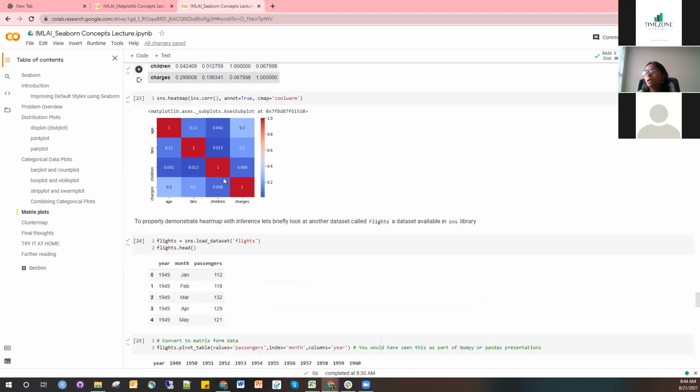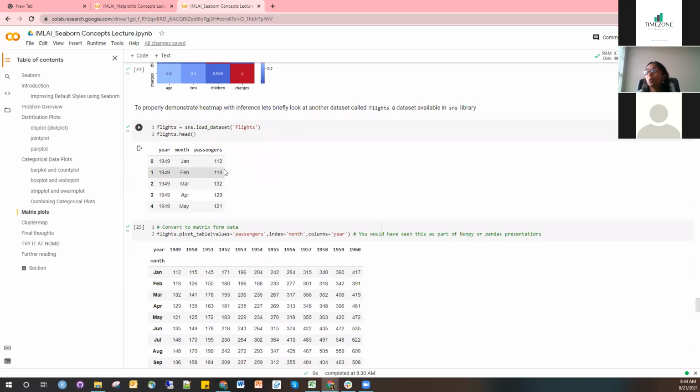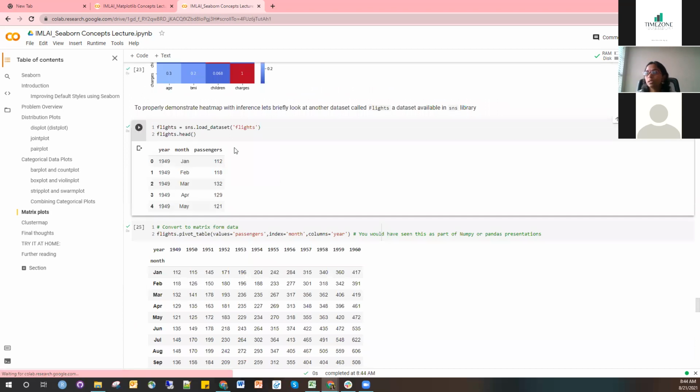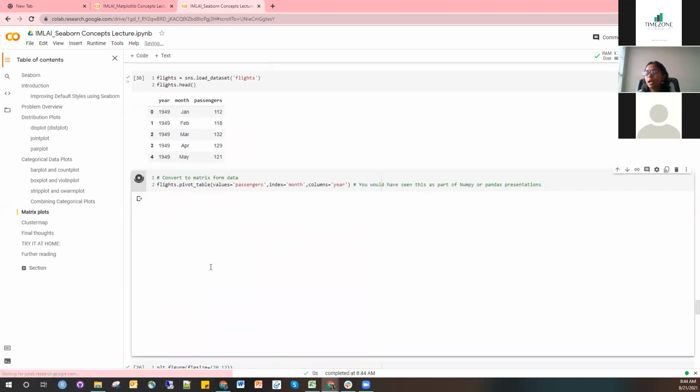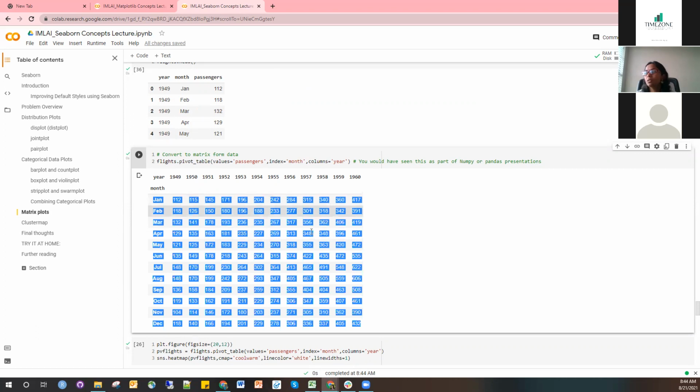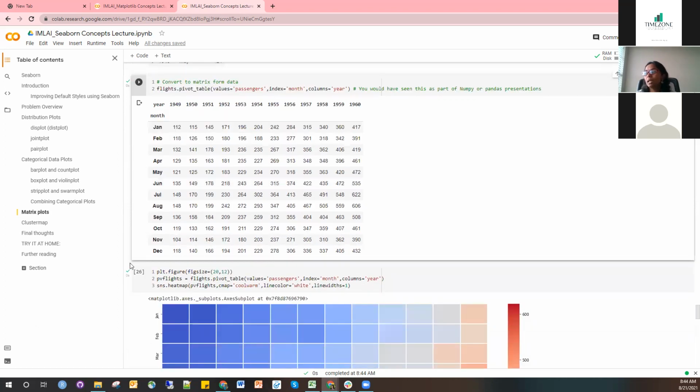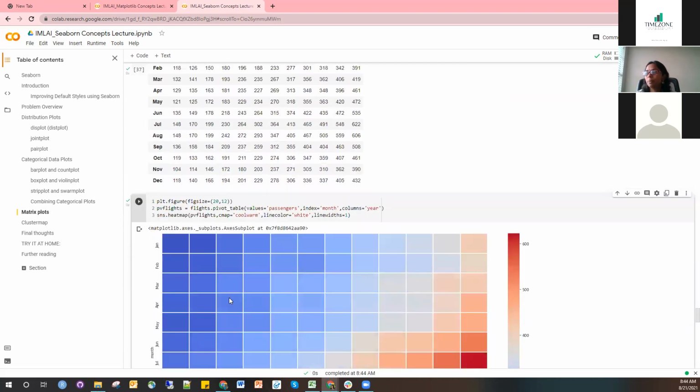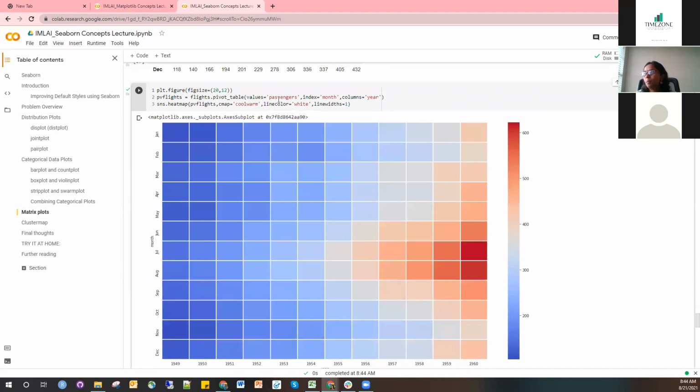this data set. To actually demonstrate how you would create a heat map in an actual data set, I'm downloading one more data set here, which is the flights, and I'm converting it into, this is something you would have seen in the NumPy or Pandas presentation, and across each month, what did the number of flights look like? So here, this is a good one to make an inference essentially with a heat map. So when I plot with a heat map, and I'm using a color map of coolwarm with some gap